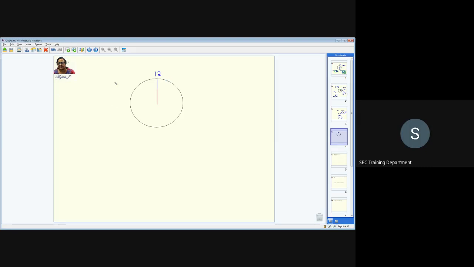It's not 1 o'clock. When the minute hand moves from here and comes back here, you know that the hour hand would have moved by almost 1 hour, correct? So at 12 o'clock, both the hands are here. After that, the minute hand keeps moving, and the hour hand also keeps moving. Then the minute hand will come back to 12, and at that time the hour hand will be exactly at 1. So this is exactly 1 hour, but it's not coinciding.